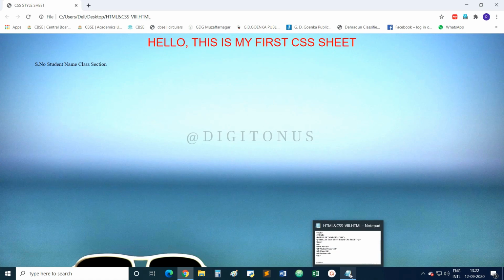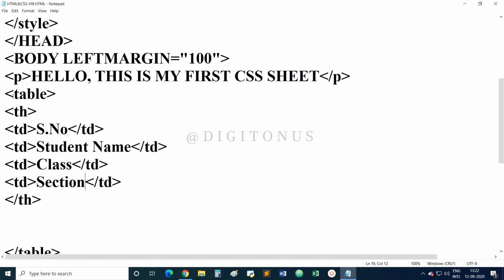Okay, fine. So this is the basic thing that you have to remember. Whenever you are creating a table, it is made up of rows and columns. For the first row, always use TH, that is table heading. Inside the row you have to make the columns. For columns you have to use the TD tag, that is table data. TD stands for table data. Whatever number of columns you want, you have to use the opening and closing of the TD tag that number of times. Because I want to have 4 columns, I have used the TD tag 4 times inside the table heading, that is table row.